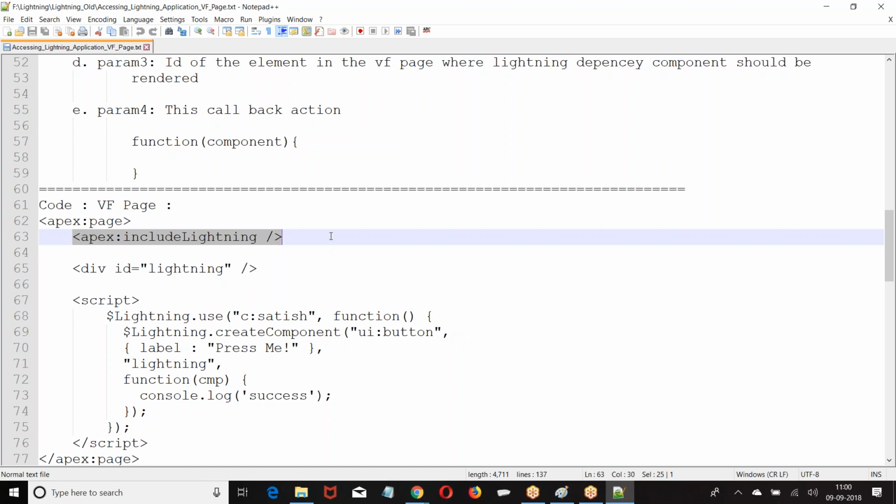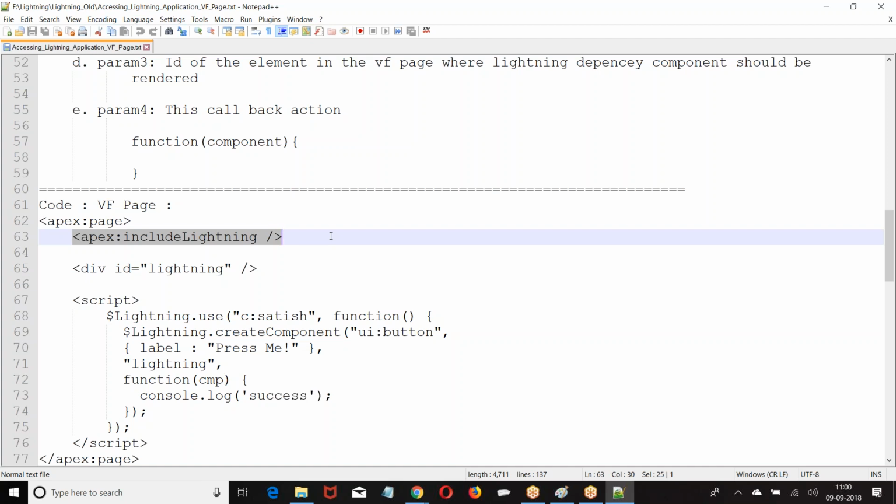In Lightning, how do you create it? Function name, colon, function, response, component, comma, event, comma, helper. Regular JavaScript will not understand this. If you write a regular JavaScript function, it will not recognize it, because there is no predefined JavaScript which says function, component, event, helper. This function, component, event, helper is defined where? In Lightning. Now, what I am trying to do from Visualforce is create a Lightning component. From Visualforce, I am going to pass data to the Lightning component. So, how do you pass it? Using scripting.